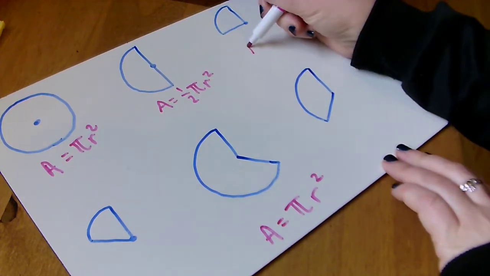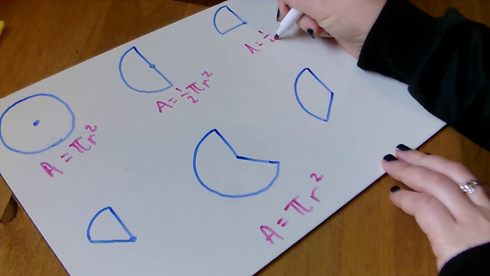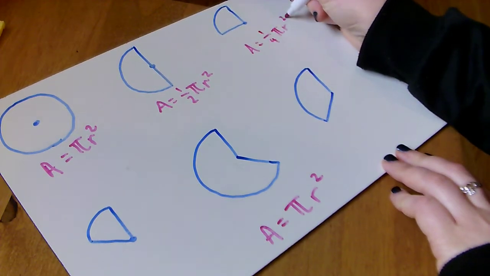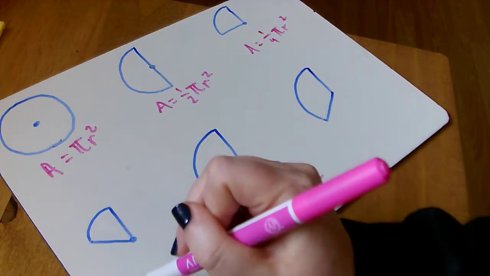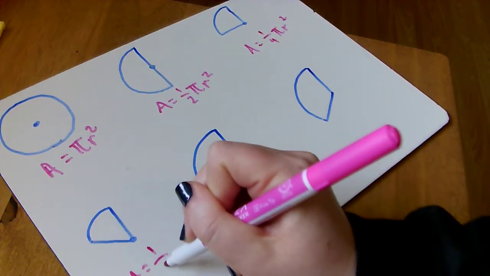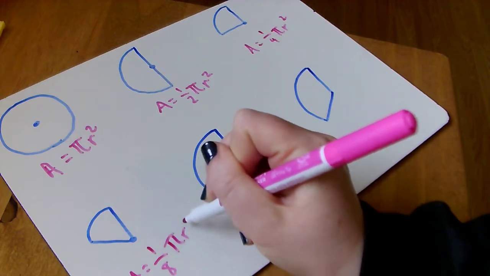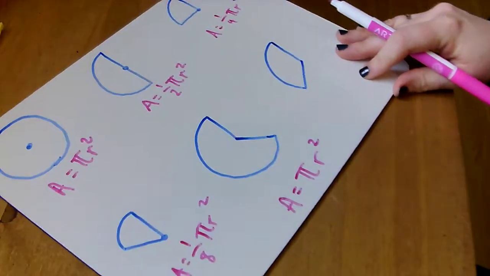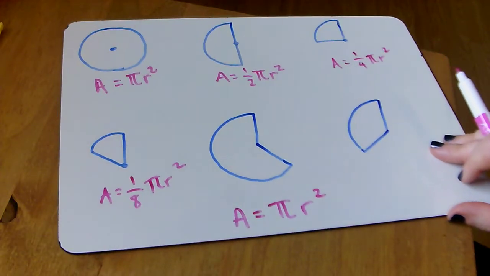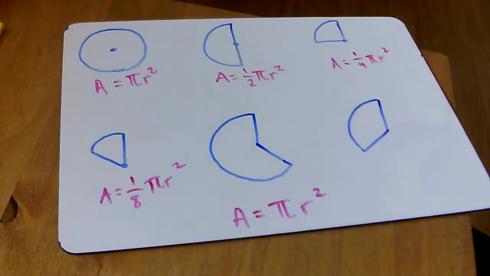If we had a quarter circle, we could obviously find a quarter pi r squared. If we've got an eighth of a circle, obviously we can find an eighth of pi r squared. So if we just recap on that,